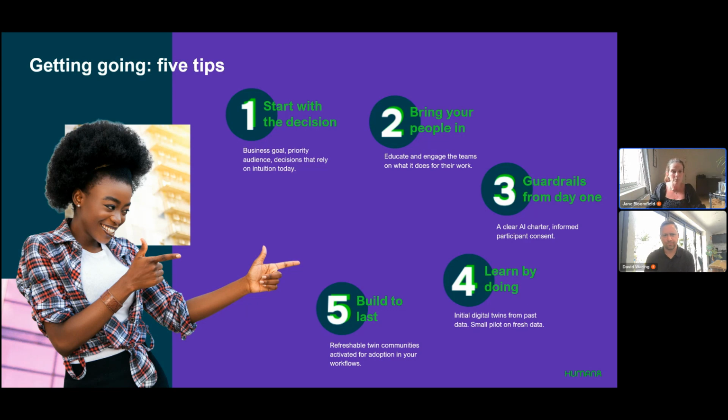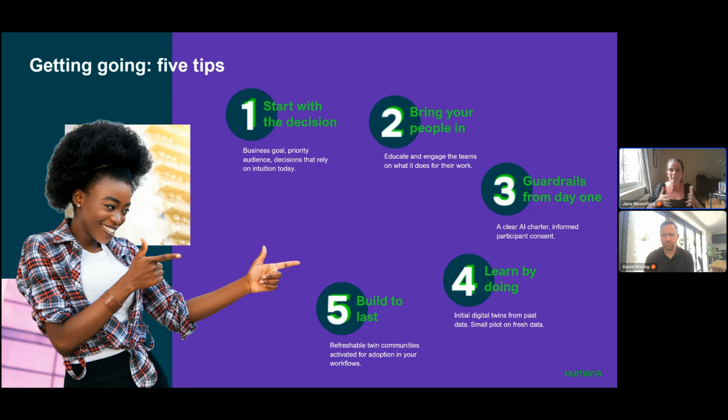Bring your teams and your people with you, right? Again, we talked about they're not a magic wand, they're not a shortcut. I think sometimes people can get a little bit overexcited, thinking they're going to give them the answer to everything. As David said, asking a digital twin that is based on a survey about coffee about their pets, it's not going to work. So there is a level of education that's really important. Twins are a capability for your team. They're not a tool just to be unleashed and used by anyone. That's a really important distinction.